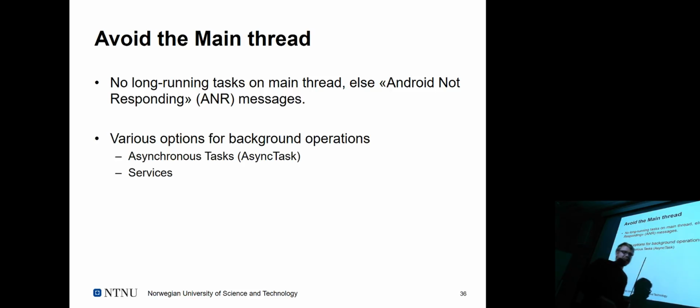Android deals with this with those ANR messages, so Android Not Responding messages, which pop up after, what is the current timing? How many seconds are you allowed to block the main thread? I forgot, I need to look it up again. The specs change, I think 5 seconds or something. If you take longer than that with one execution of a function, it shows an ANR. So it's good for testing as well.